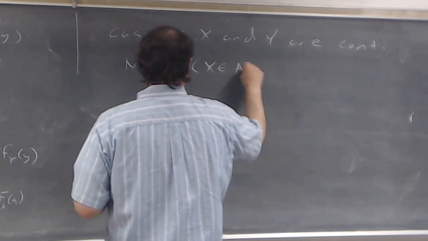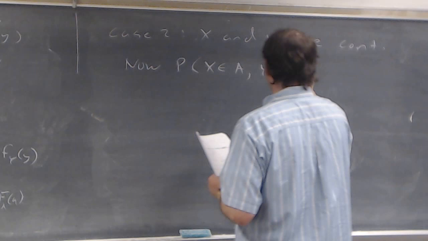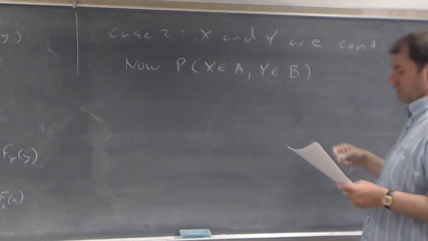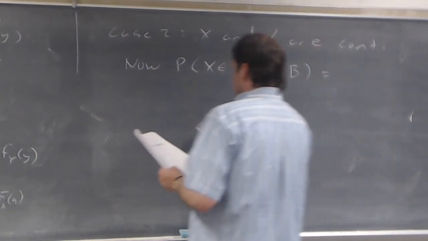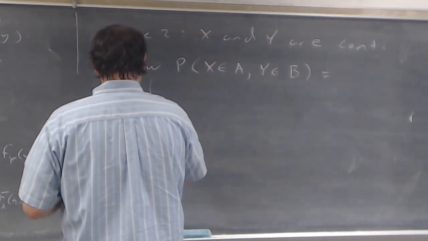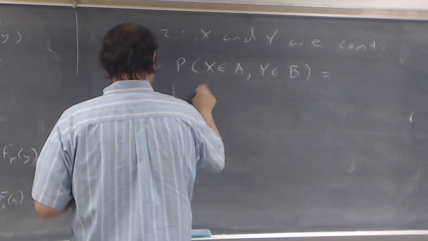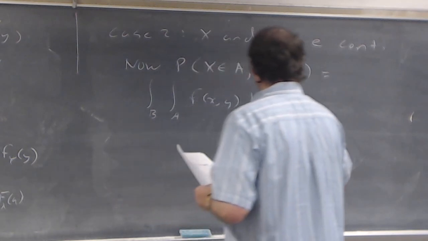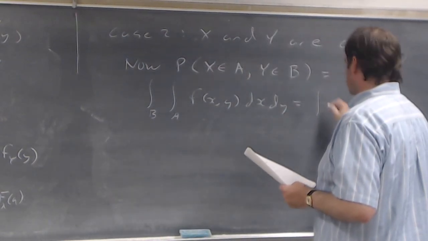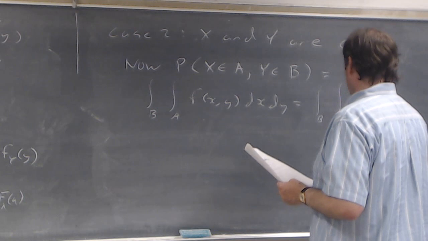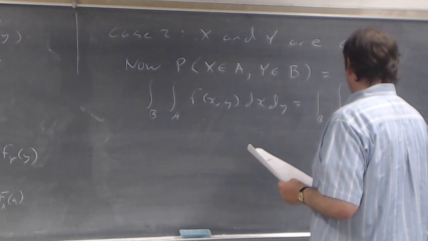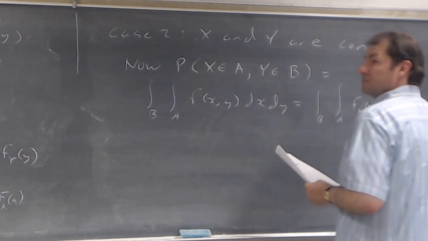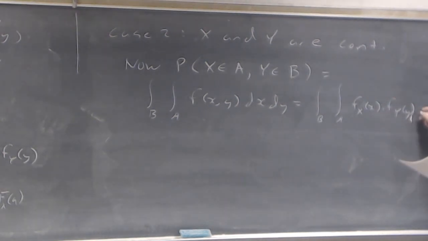So the probability x is an element of A, y is an element of B. To show independence, I need to show that the probability of x is in A times the probability of y is in B. Well, by definition, this is a double integral, which equals, here, this is going to be over B, over A, f sub X of x times f sub Y of y, dx dy,